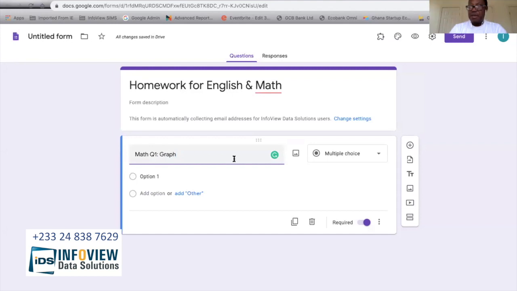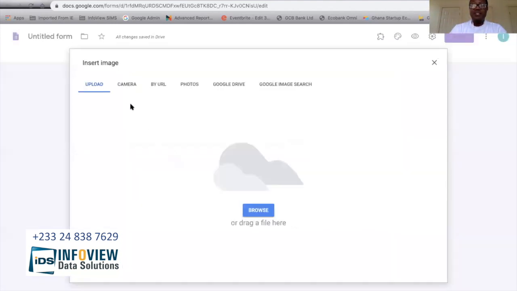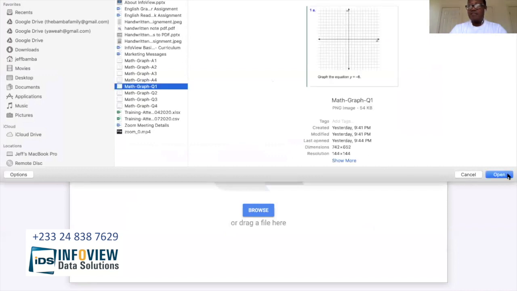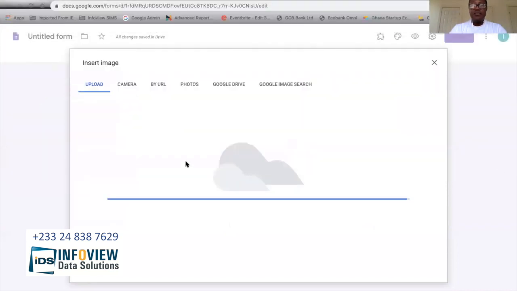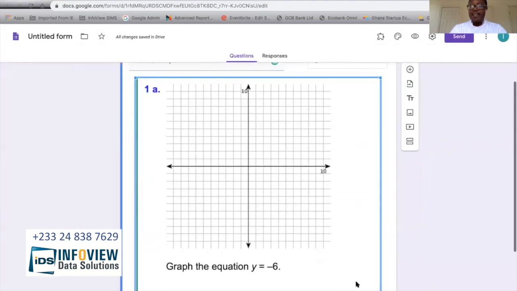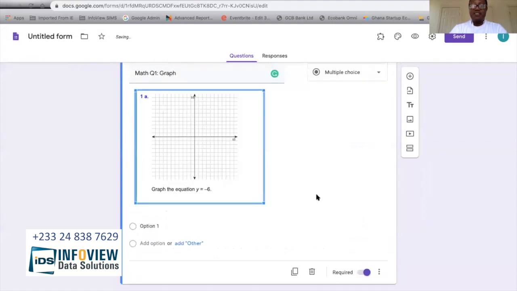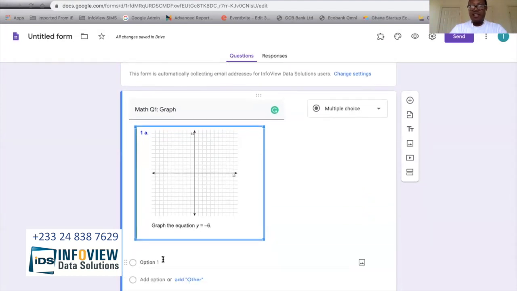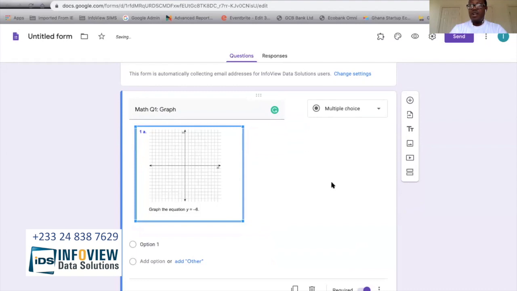Or you can do them on paper and upload the graph image or that question by simply selecting the image. And then it will allow you to put the question here. So here, I took an image of a graph, and I just uploaded it here. And the response or the answer that I want the student to provide for this particular question also has to be a graph. So as a result, what I would do is that here where you see multiple choice,